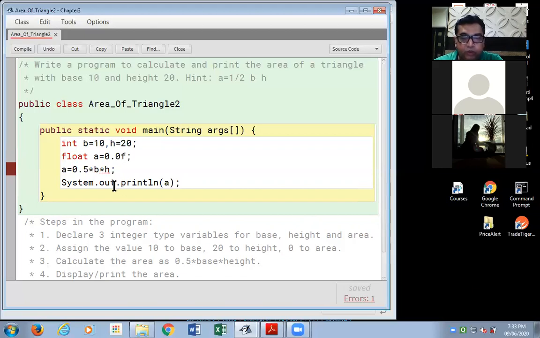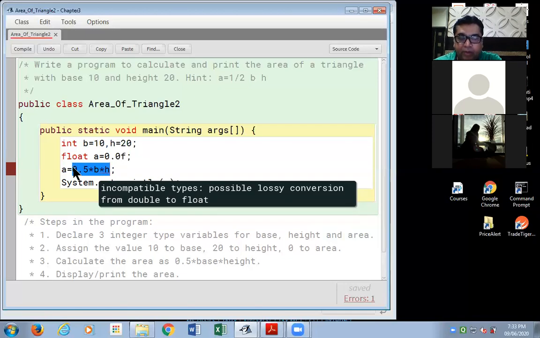A is not 0.5. First of all, it is 0.5. This 0.5 is 1 divided by 2. What is a? It is 0.5, that is 1 divided by 2 multiplied by 10 multiplied by h, what the answer that we would get will be the value of a.